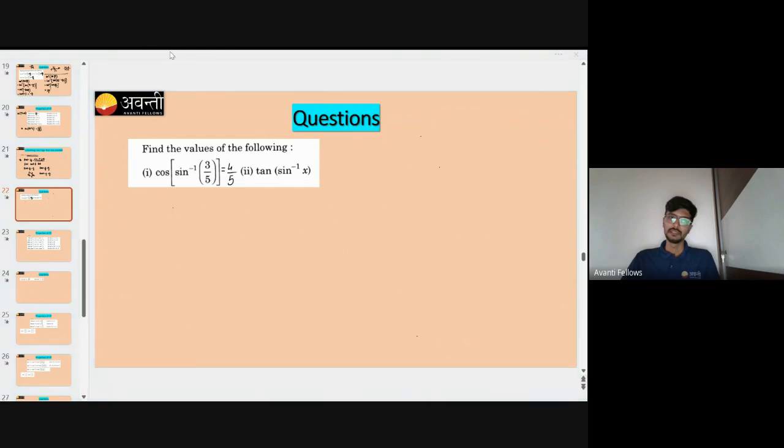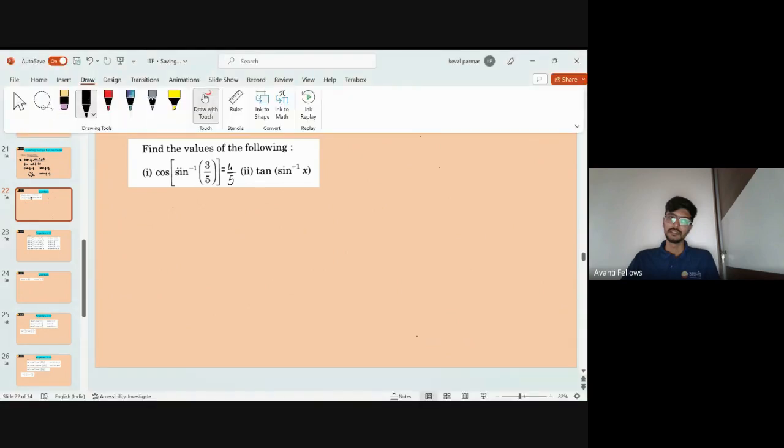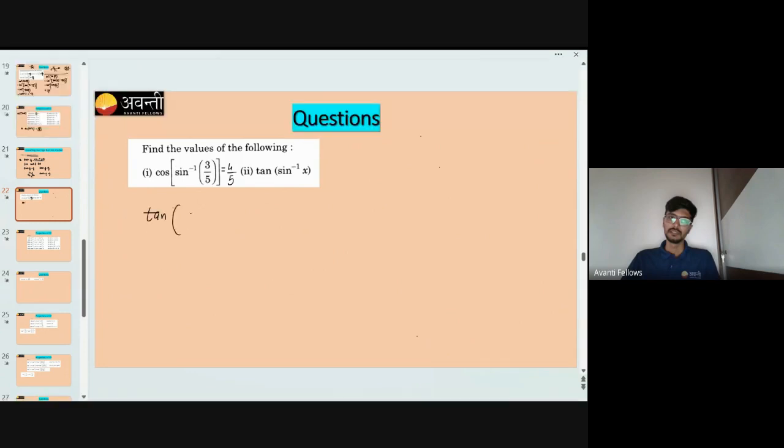Let's start. Let's approach the second question. The second question says tan of sine inverse x. Now, assume that instead of sine inverse, I had tan inverse. If this belongs to real numbers, meaning anything is possible, then I can directly write it as this. So basically, I need to convert sine inverse into tan inverse, which means I need to convert one trigonometric